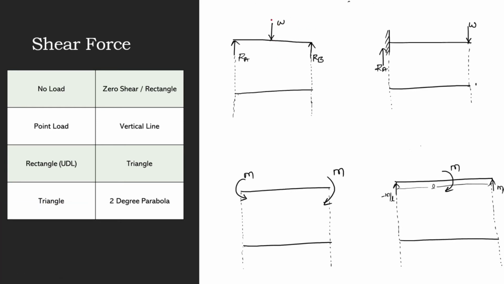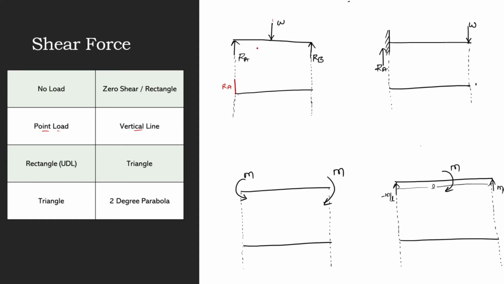Now there is a load W acting, and because of this load there will be two reactions, reaction at point A and reaction at point B. So let us see how to draw the shear force diagram for this kind of beam. You see there is a point load. RA is a point load, acting upwards. If you have a point load, you will draw a vertical line. So I will draw a vertical line going upwards, by RA, that is the magnitude that it will go up.